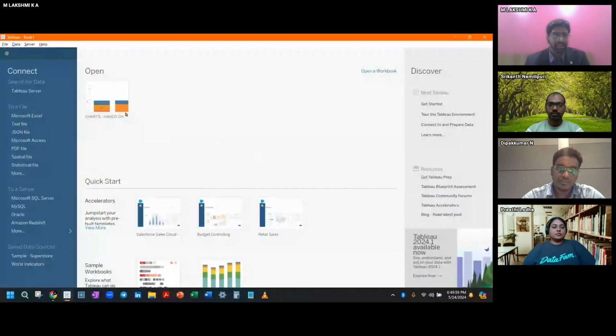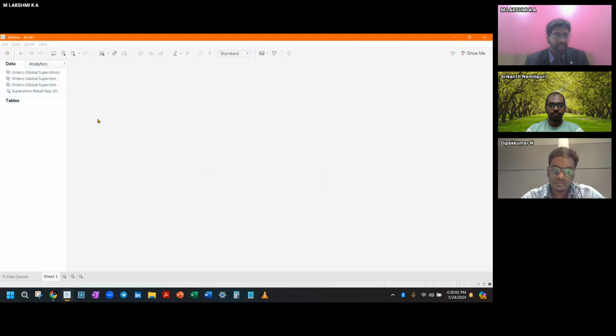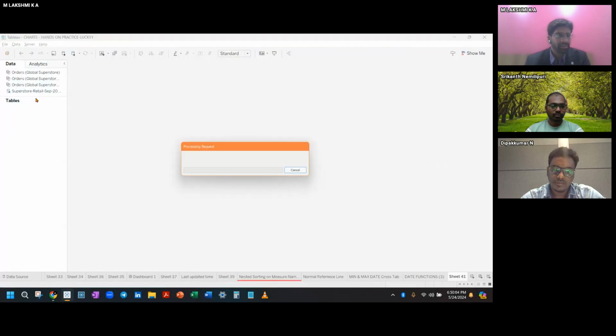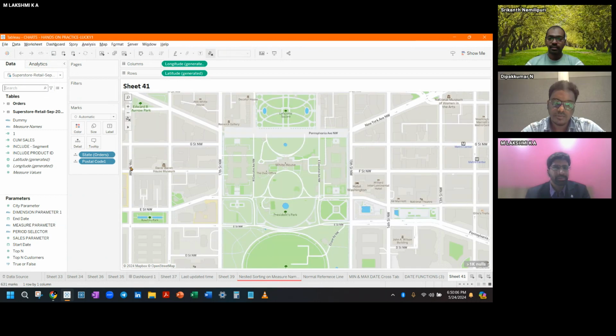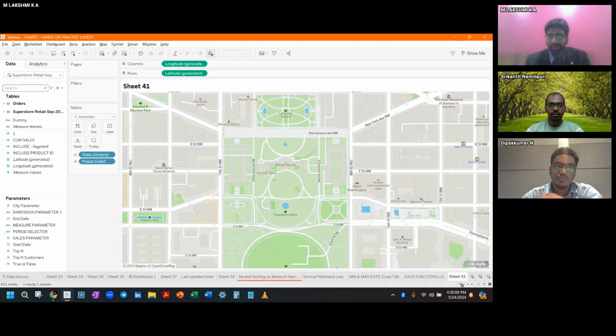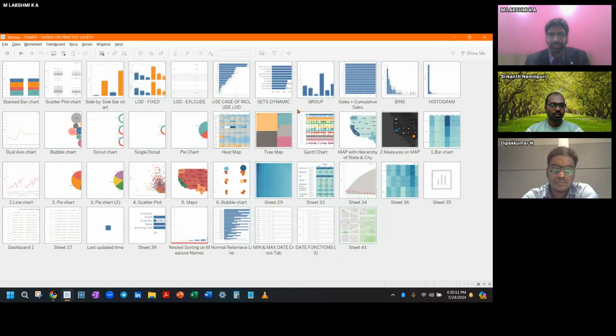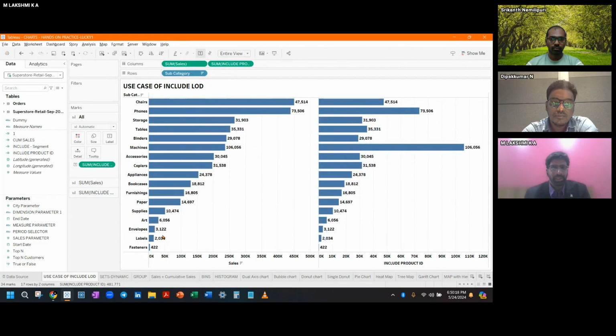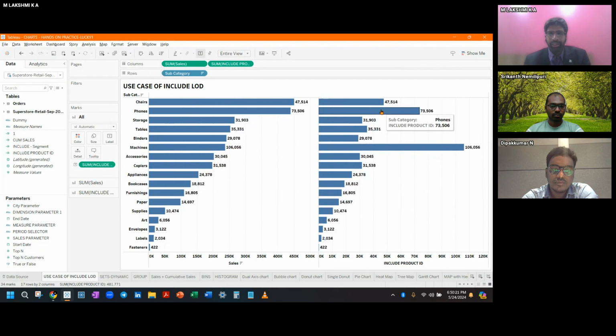So let me share it. I hope my screen is visible. Yes, it is. Okay, so let's go to that include LOD. Now we can see here that this is sorted. The first one is sorted, but you see the values somewhere here. You notice the values here. It's 422, 20, 34, and so on.